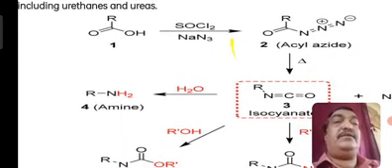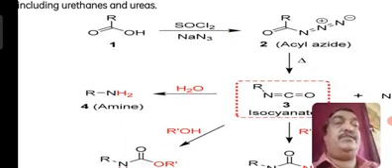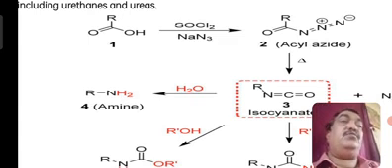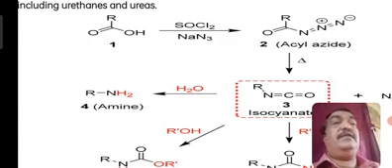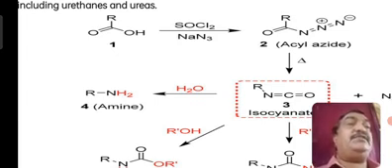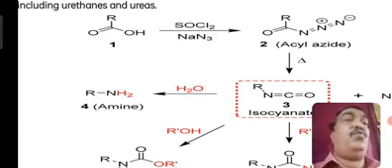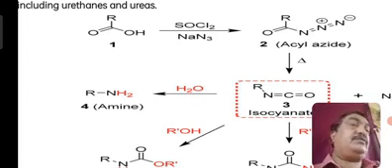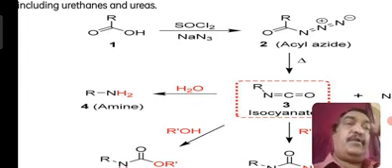Okay, you can see RCOOH is a carboxylic acid. When treated with SOCl2, thionyl chloride, and NaN3, what happens? The OH group is replaced by 3 nitrogens, and NaOH will be the other product. So how are the 3 nitrogens attached? RC double bond O, N double bond N plus double bond N minus. So this is the product formed.